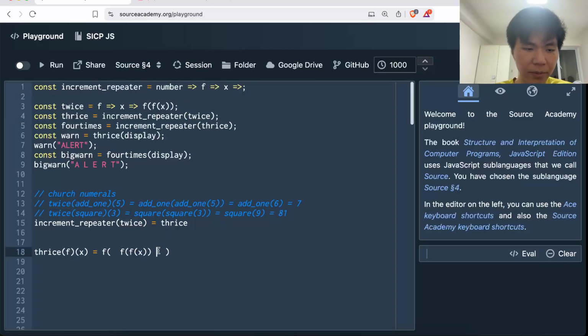So the pattern we observe is that when I have thrice of f of x, this actually equals the inner part here, which is actually twice of f of x. How can we see that? We can see it this way: twice of f of x is this thing, and twice of f of x is just f of twice of f of x. So generalizing this idea,